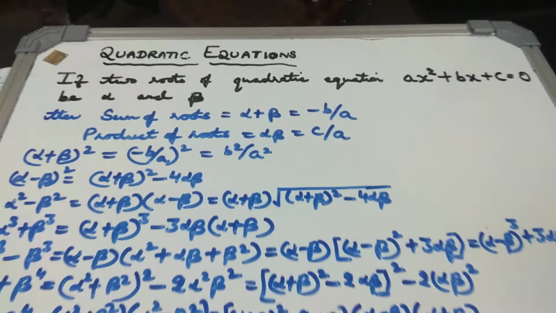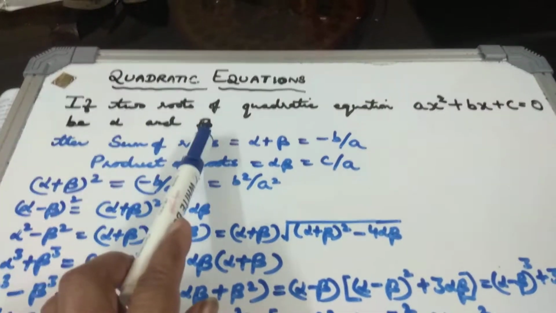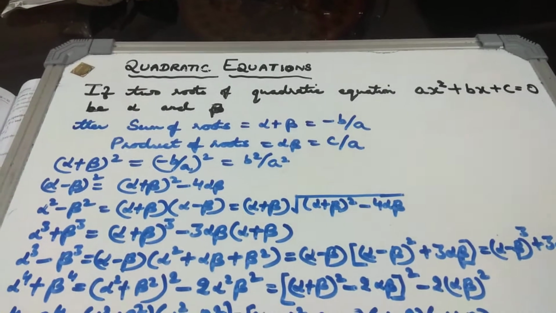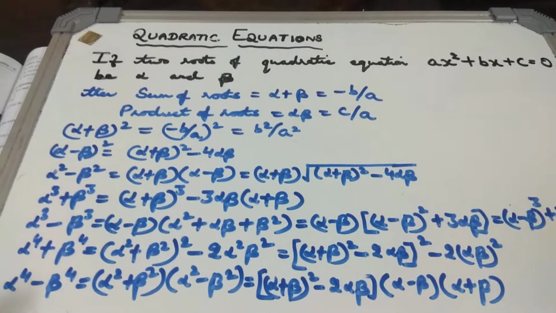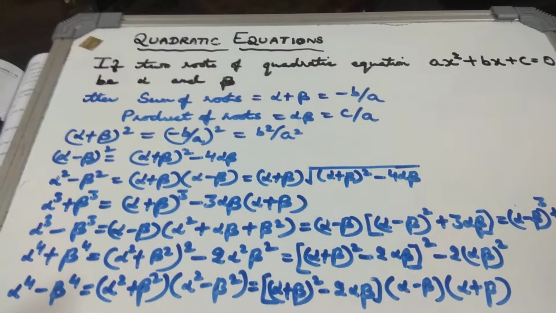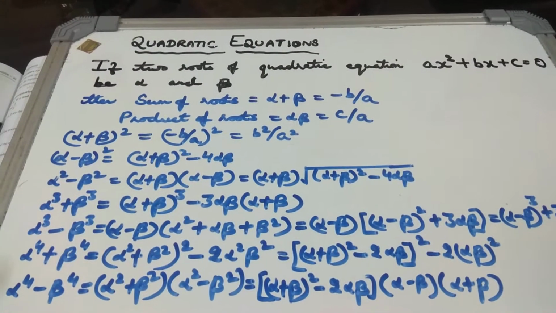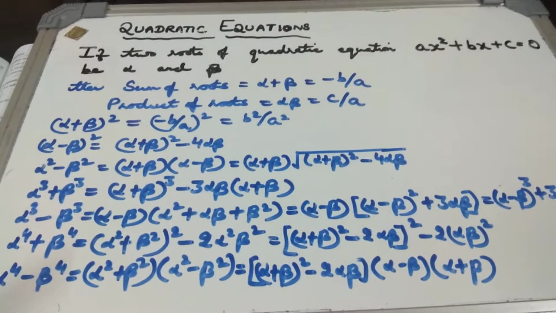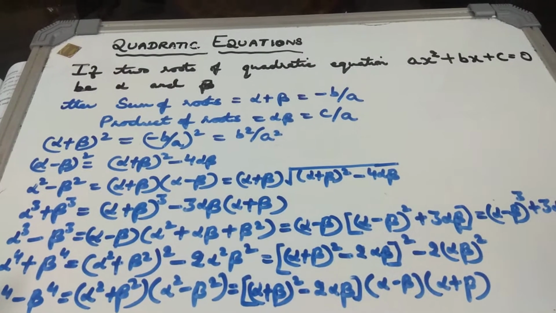And if alpha and beta are the roots of the equation, then in that case we have set rules for certain expressions which are said to be the identities of symmetric roots. More or less they are related to your algebra. So already you know these formulae, but we are putting these formulae in terms of symmetric roots.